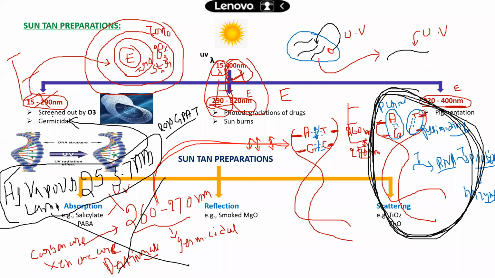The mercury vapor lamp. That's why nowadays all UV lamps used in hospitals and restaurants belong to the mercury vapor lamp, the blue color lamp. It emits UV radiation of 253 nanometer continuously. That's why the DNA is continuously exposed to constant energy, and that's why there is no gap.